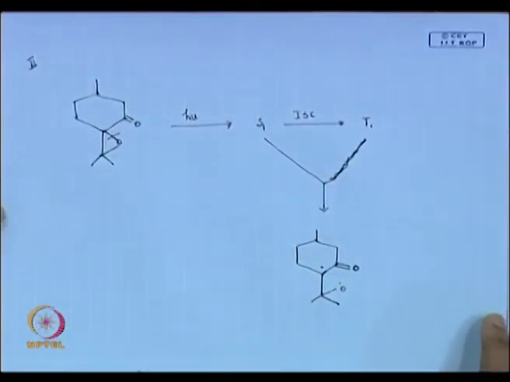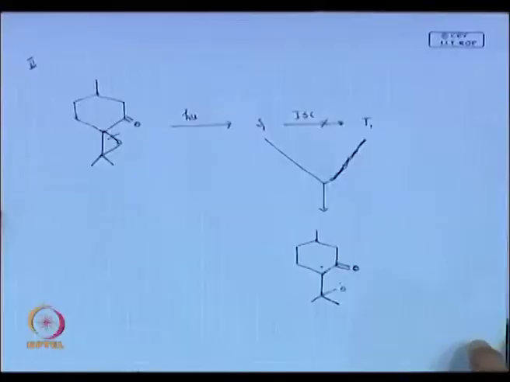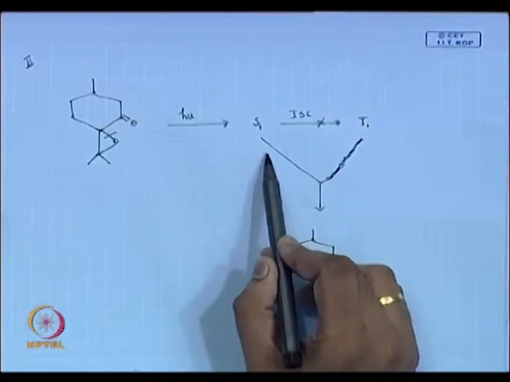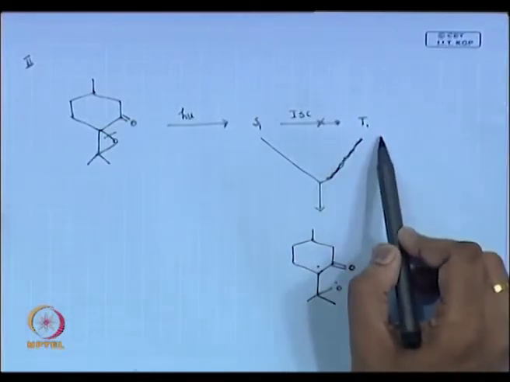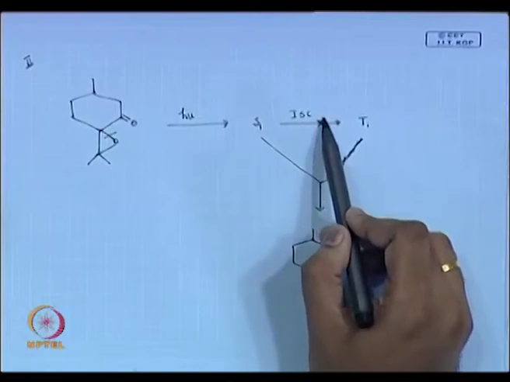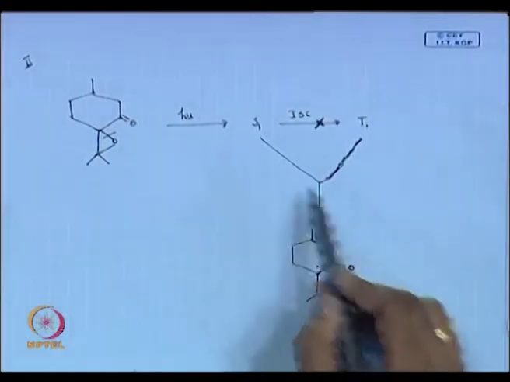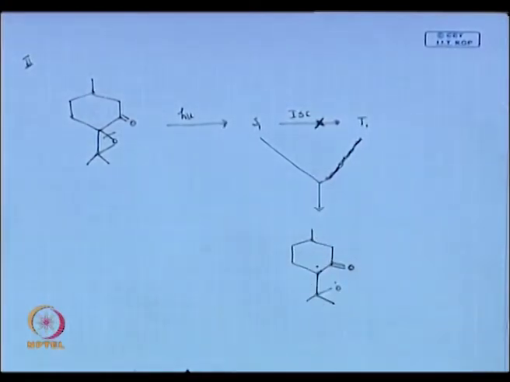In the case of epoxy ketone, you never get intersystem crossing to the triplet; this step never happens in the case of epoxy ketone. If it is a cyclopropane system, yes, you can see intersystem crossing, but in the case of epoxy ketone, your singlet state dominates the chemistry. So, you always see your chemistry happening from S1, not from T1, fine. So, whatever I am getting, I should get from my S1 state.